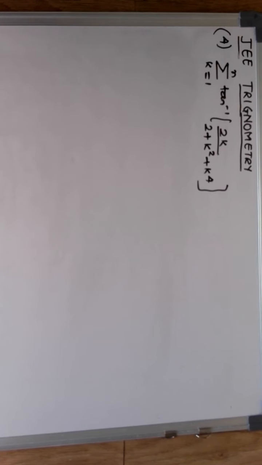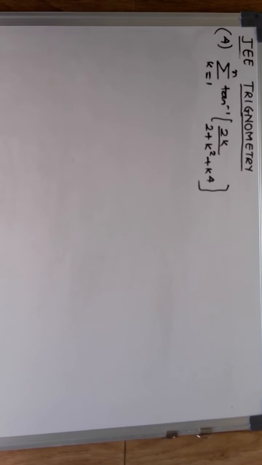Solving by the general procedure, if you remember, which I did in one question beforehand, I replaced k with values. I took k as 1. So when k is 1, I get 2 upon 2 plus 1 plus 1, that is 2 upon 4, that is 1 by 2. And then when I take the value 2, I will get some other value, and with 3 some other value, and I try to interlink them.